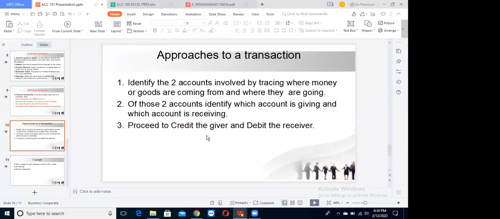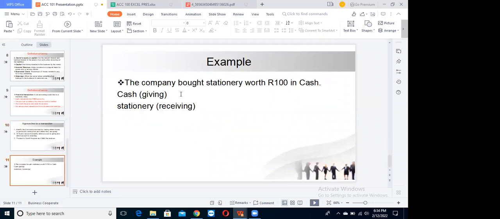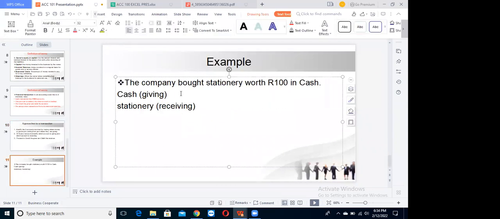We proceed to credit the giver and debit the receiver. We credit the giver, who is giving the cash account. It means we are going to credit the cash account with what? With 100 Rand. And we are going to debit the stationery account with what? With 100 Rand. So because we have debited one account and credited another account, our